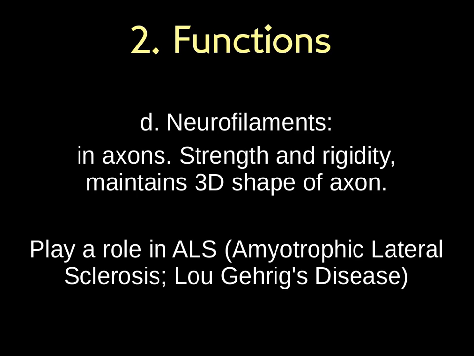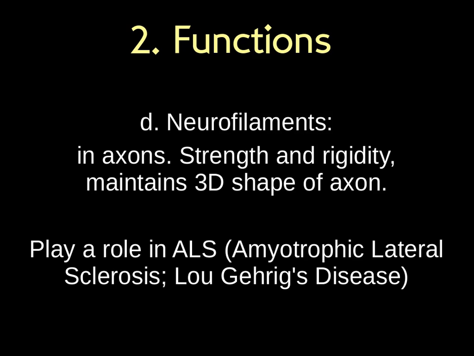So you have some that are really long inside you, and they're really skinny. And so it'd be really easy for those cells to break. In neurons, I mean, hey, if you started having neurons breaking all the time, that'd be bad. And so we have these specialized neurofilaments in axons that provide strength and rigidity and help maintain the 3D structure of the axon. So these are really important for maintaining the axon integrity, and maintaining axon integrity really helps you with transmitting signals